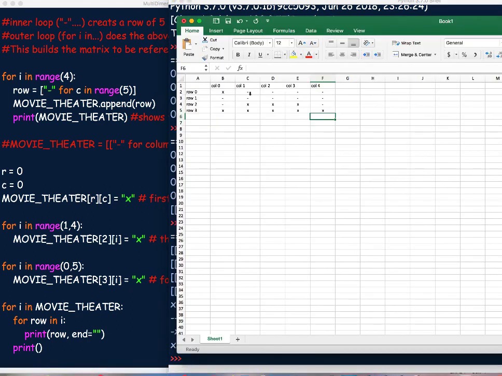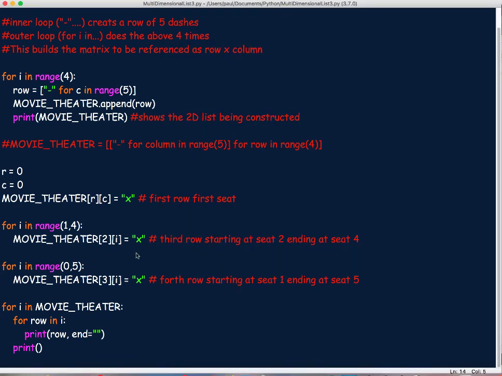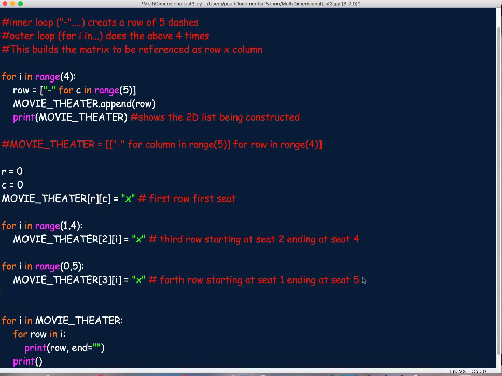Just like our spreadsheet. Okay? So this is just a way that we could use to really demonstrate how a two-dimensional list could be effective. So if somebody comes in, okay, and says, okay, I need some seats, but I need at least 3